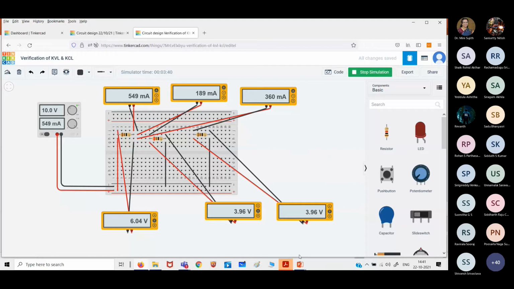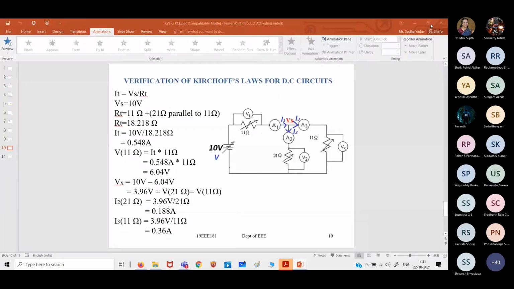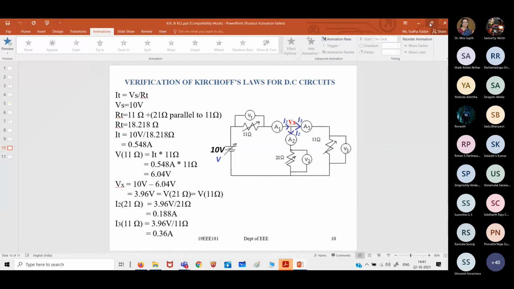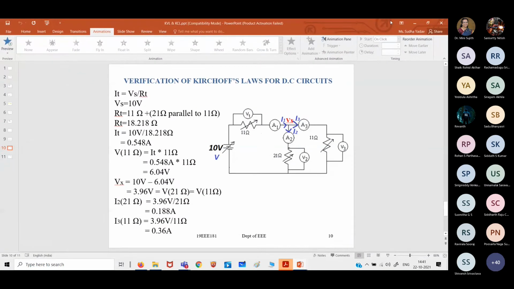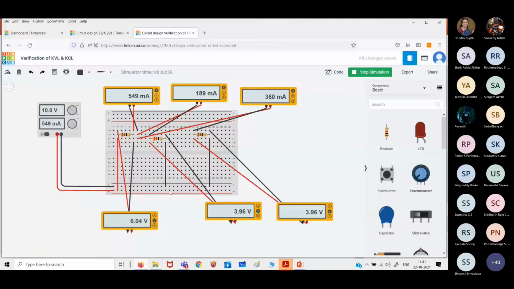Have you all seen? Yes, ma'am. Likewise, you people also should get similar values, whatever you are calculating. Have you taken down these readings? Yes, same thing, ma'am. So the same thing you can check here. Maybe you can have that picture and I can have this, so both of us can check.